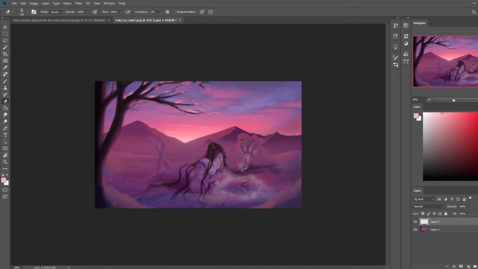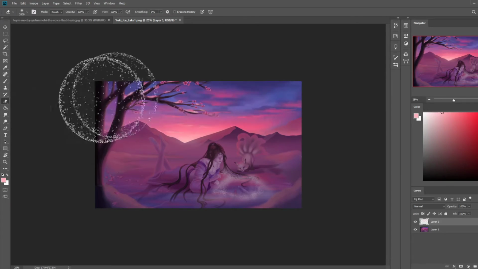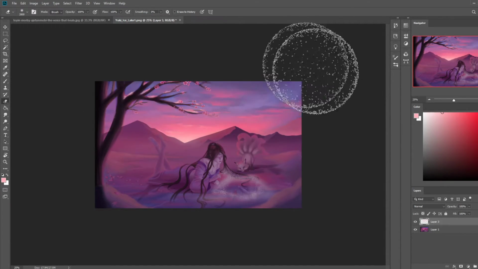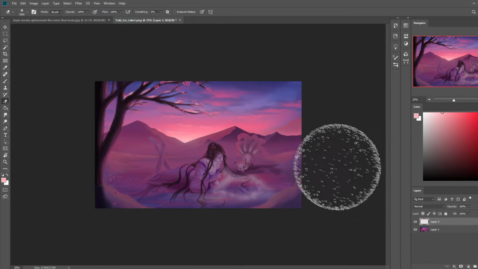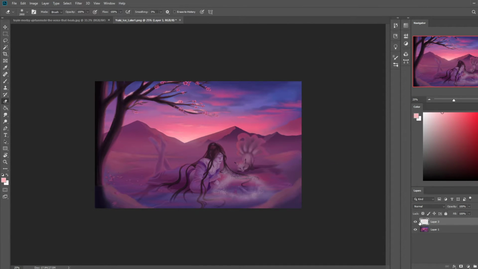I brightened the background up just a bit so we have no muddiness towards the upper part of the canvas. I'm trying not to get rid of the saturation you have up there because it's definitely present in a sunset scene. I'm also trying to bring in that washed out background environment color. So now that we have that, I'm going to blur these mountain edges because I used lasso.